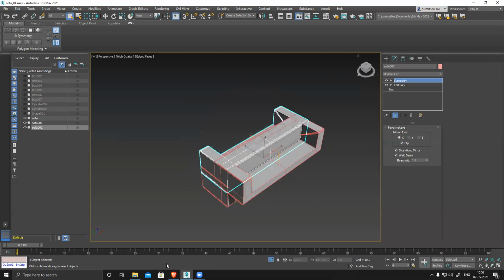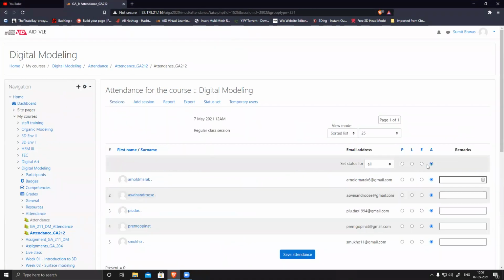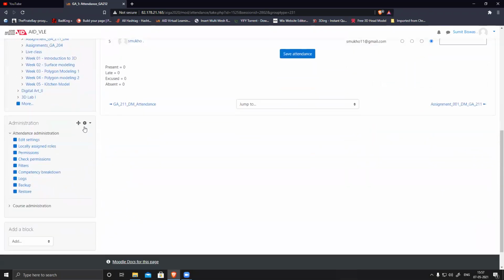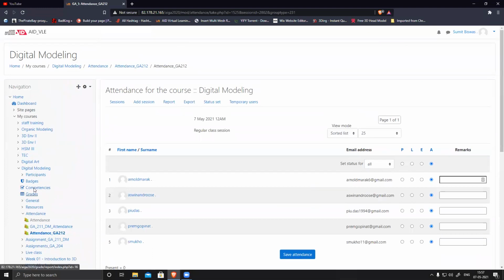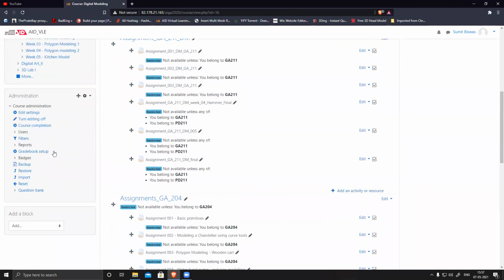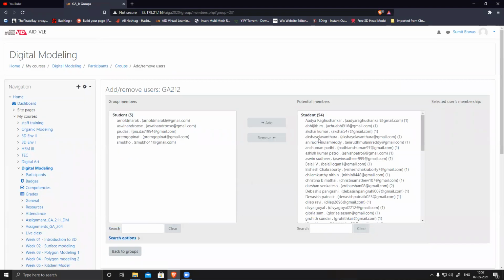Yeah, just give me a second. I'll mark attendance. Okay, just give me a second. Add remove user. Akshay, is this your email ID? Yes.